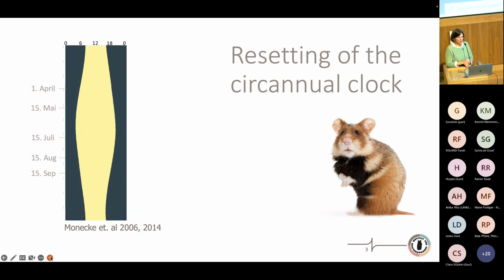And for that, it needs to be reset once per year. This is done by the seasonal changes in photoperiod. And this is what you see here on the picture. And maybe you see my mouse also, right? Okay. So these seasonal changes,